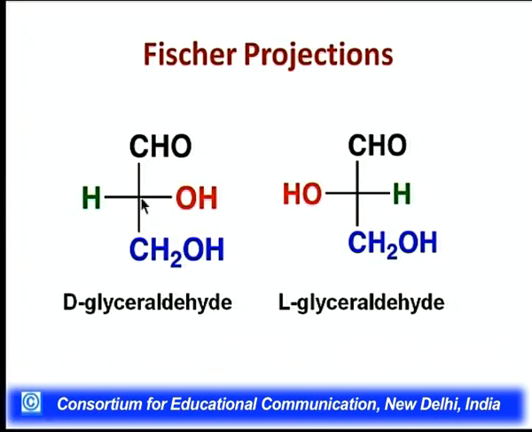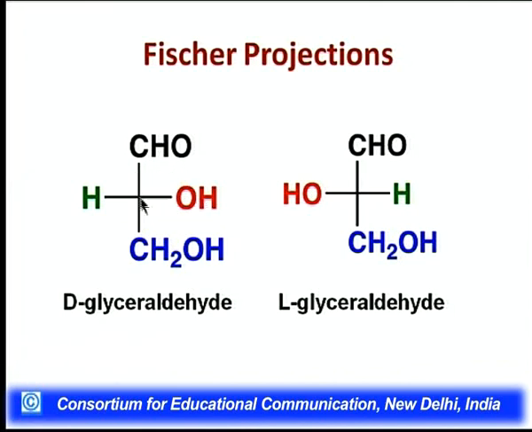And what we keep here at the forefront is the chiral carbon, and the vertical lines represent the bonds which are going away from the observer. That means the CHO group and CH2OH group are going away from the observer, whereas the horizontal lines represent the bonds which are coming towards the observer. And this configuration was given to glyceraldehyde by Fischer. What he found was that in D-glyceraldehyde,